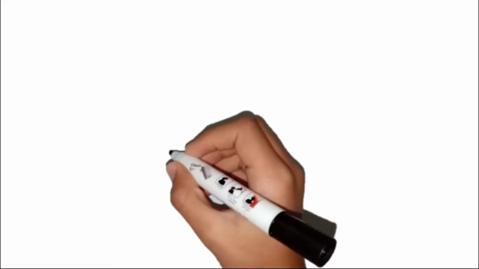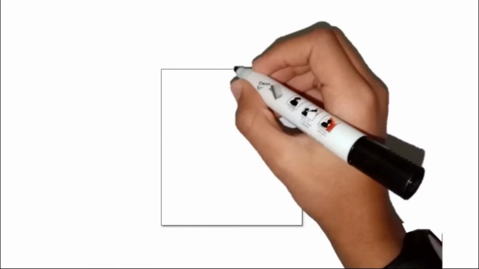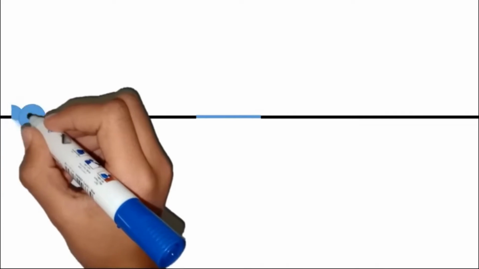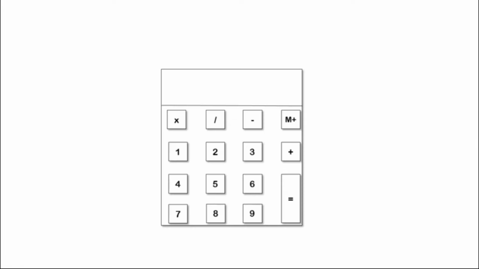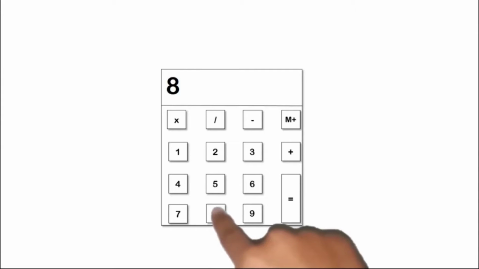Imagine you want to add 8 and 2 in a calculator. First, you need to press 8 plus 2 and equal to get your result. When you press any key, it makes an electrical contact with the keyboard sensor underneath it, which sends a signal to the microprocessor. As you strike the 8 button, the microprocessor displays it on your screen and stores the digit